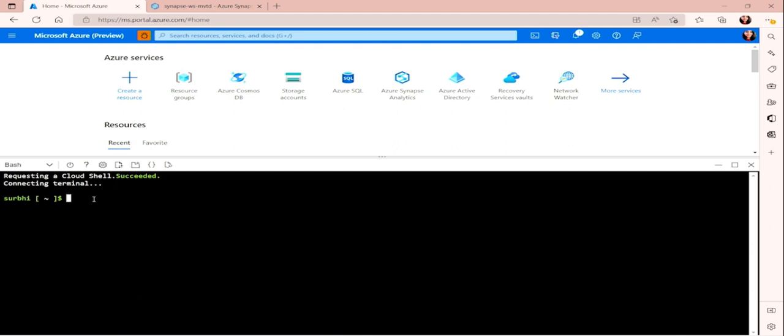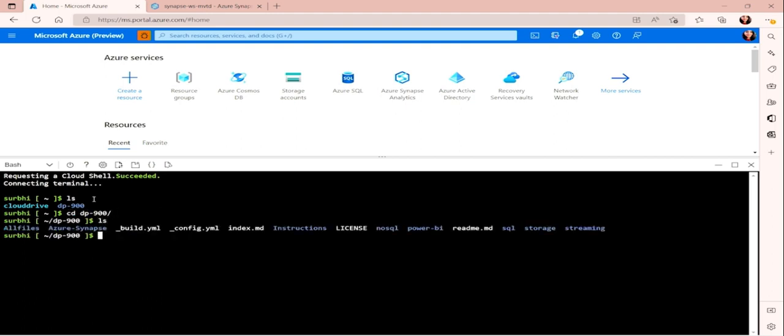The initial setup that I'm talking about is this DP900. I have just run a git clone command. You will find it on the MS Learn. If you look inside, there is a streaming folder where I have all these files set up. In this streaming folder,